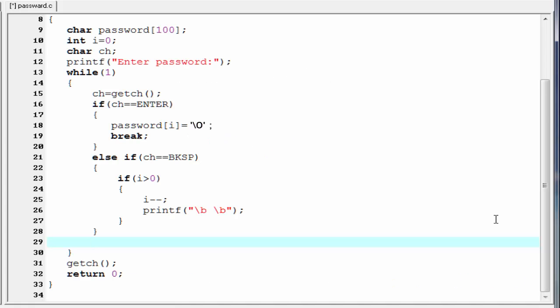Next thing is, if the user press a tab or space, then what happen? Here we don't want to consider a space or a tab as a part of the password. So when user press a tab or a space, we just ignore them.